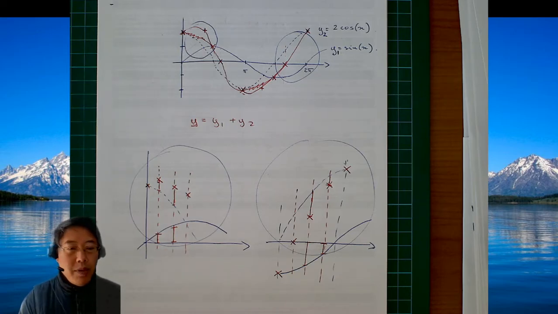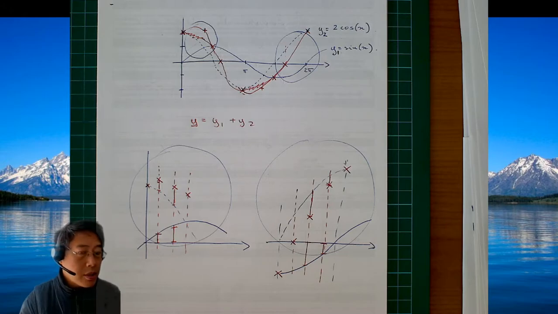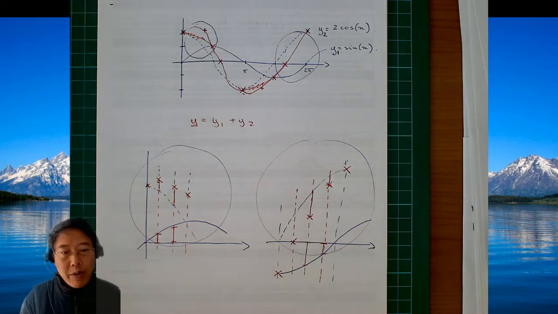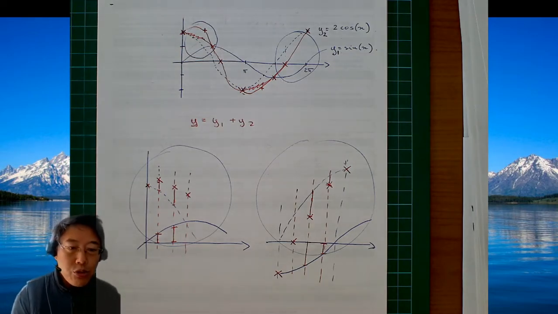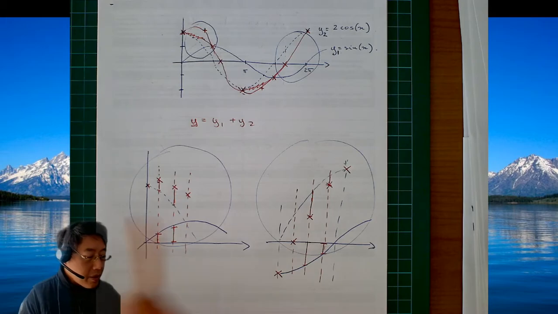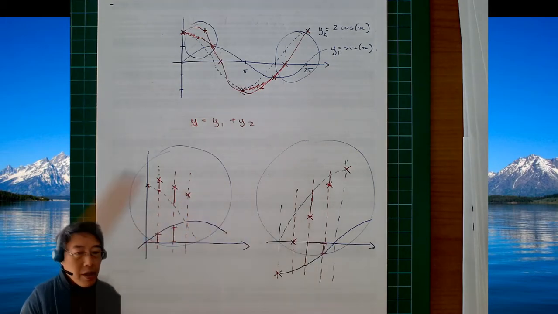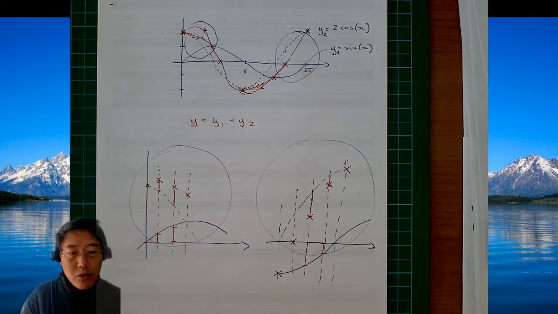But if you had a graph, what you could do is what Louis was mentioning before, is having a table of values. Now if you're kind of tech savvy, as you define your two functions, you can always graph the sum of the two and copy down the values. You can use a spreadsheet and do the sum of the two. So if you're missing some points, you want to add some additional points on your graph, you can use that table of values to fill in the missing values.